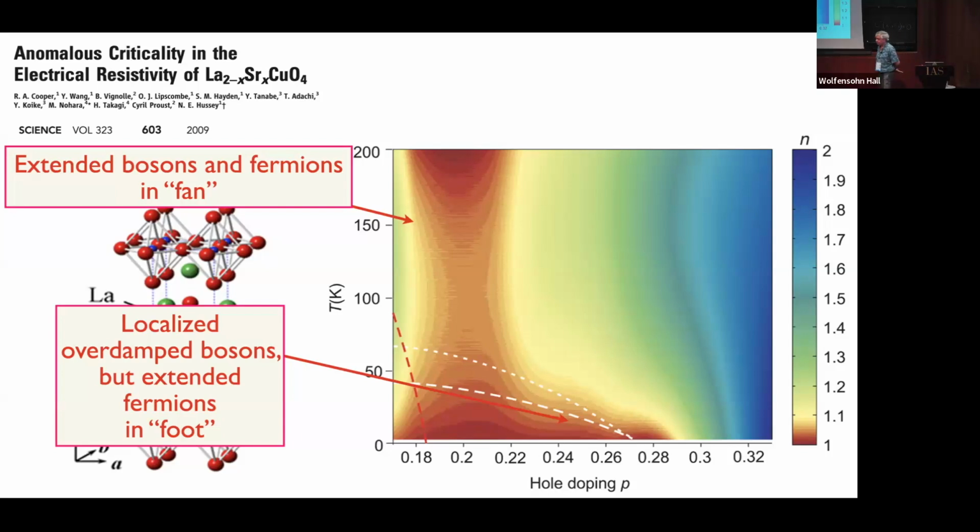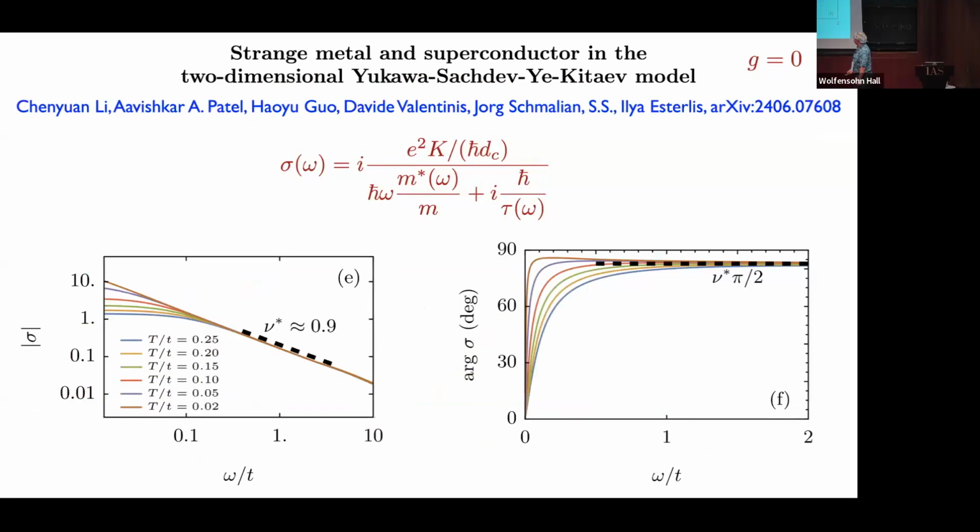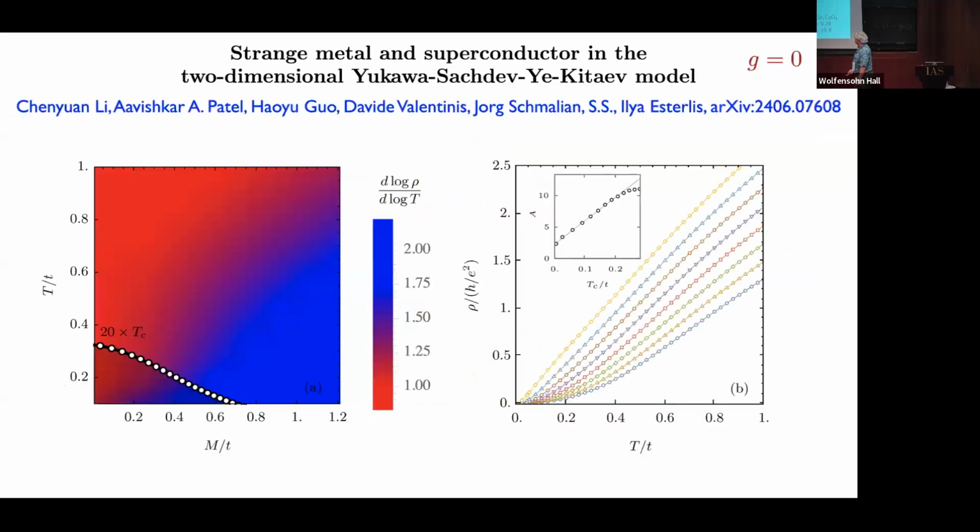What do you know about the nature of the excitations in the Yukawa SYK model? If you're really talking about the actual Yukawa SYK model in 2 dimensions with spatial disorder, that's the very low temperature limit, where you have localized bosons, sort of like 2-level systems interacting with some disordered fermions. But if you're talking about up here, let's say 100 Kelvin and above, I've given you the Green's functions for that, which agree with a lot of data.